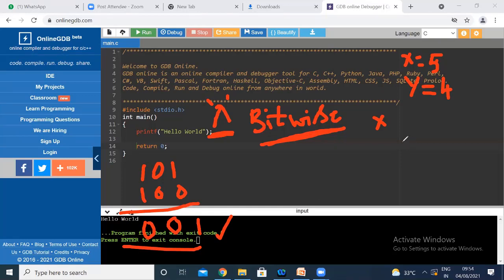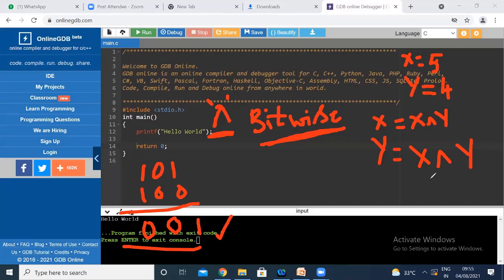Now x is equal to x exclusive OR y. Now what is the answer you will be getting here? 001 we got in x. Now I am doing y is equal to x exclusive OR y.